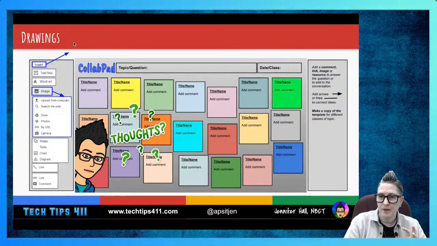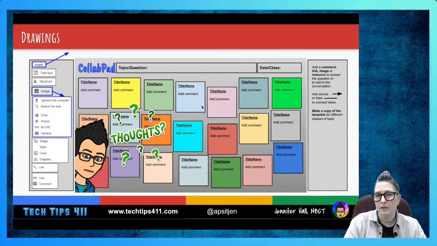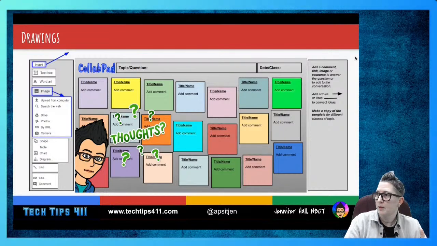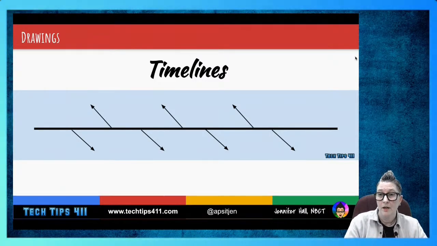So this template right here is a great opportunity for students to be able to add in comments, again, like a parking lot, but because you can add in those images and things like that, it's just a pretty cool template that I created. So that's one idea. Another thing that's great about drawings is you can use it for timelines. And the reason you can do that,